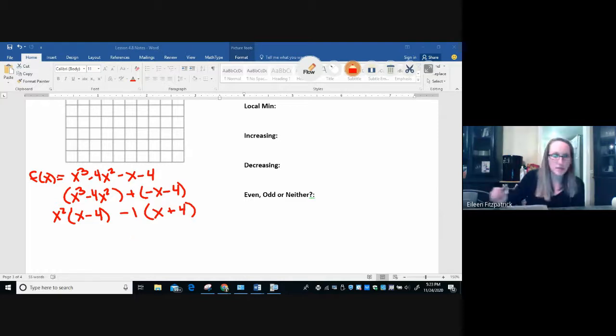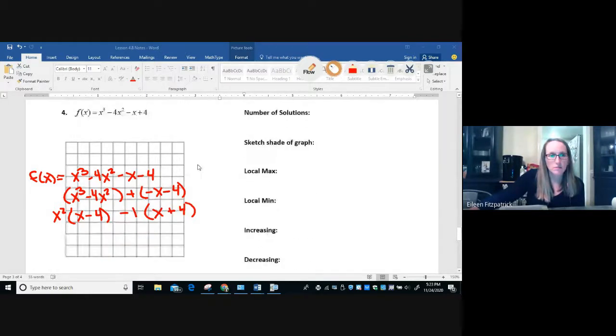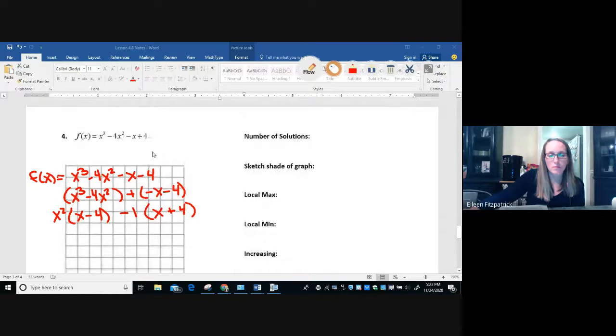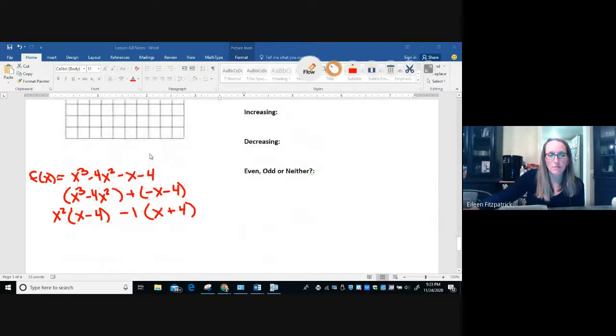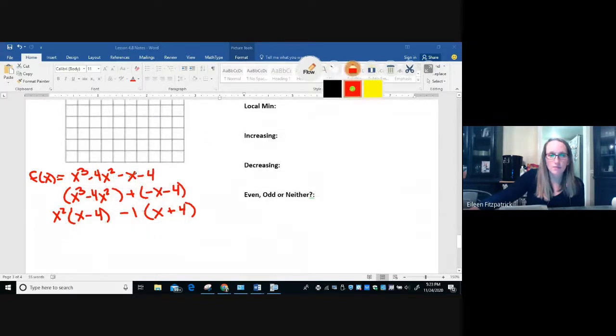Oh, I did have a sign error right at the beginning. I think I copied the problem down wrong. Hold on. So the 4, oh, I did see the 4 is supposed to be positive. That's going to be helpful. Sorry about that, guys. This 4 is supposed to be a positive, which means when I factor out a negative,